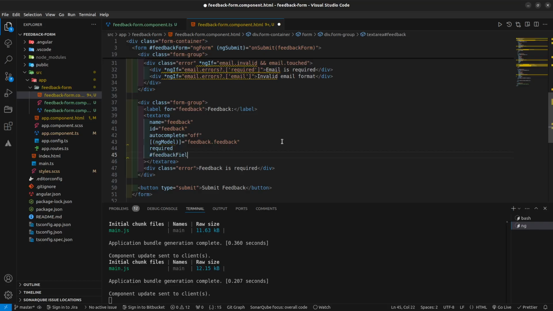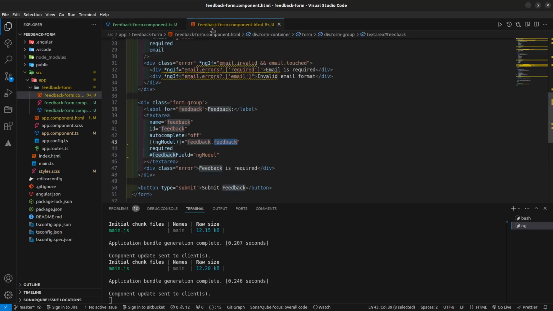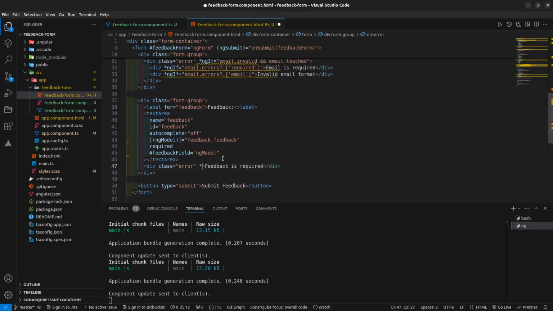Feedback ngModel. Now, so this one, this feedback is connected to this. Okay, I hope you understand it at this point. I'm sorry, ngIf, of course ngIf. So if field is invalid and